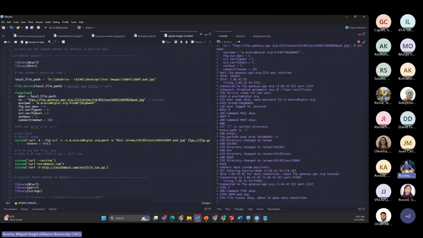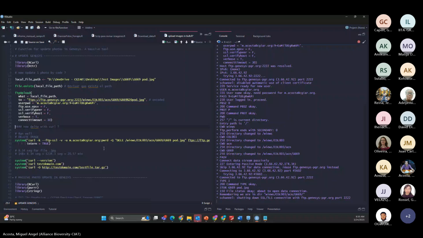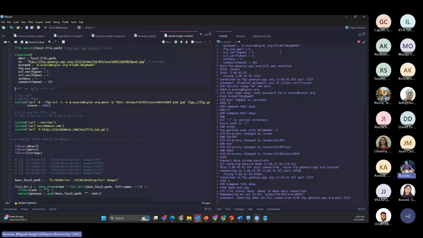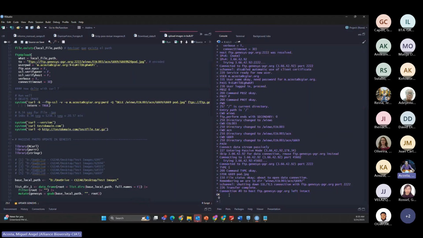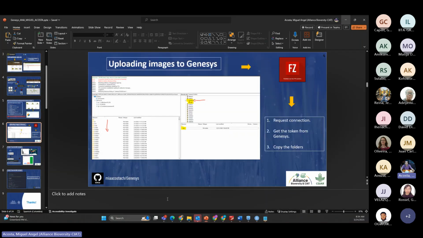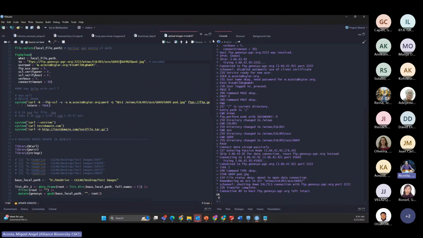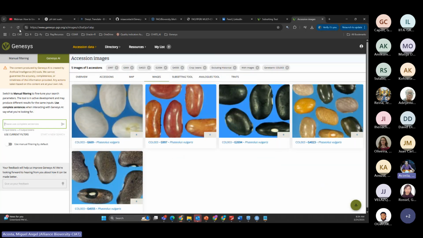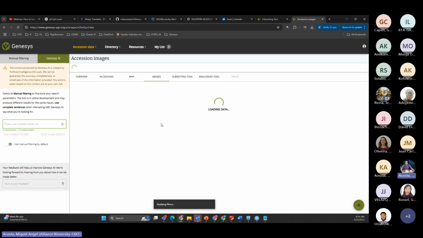Okay, I run it in this case, and it was running and connecting, and finally the messenger is okay. When this image was updated into GENESYS, we can go to GENESYS, and remember the name of the session is G6669. Go to GENESYS, and if you reload this page, we can see the new images of